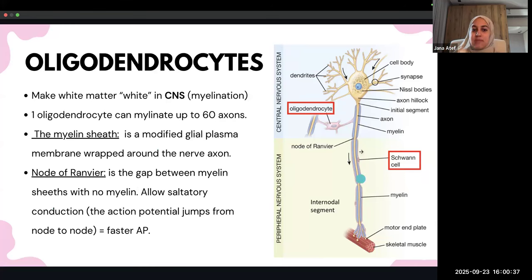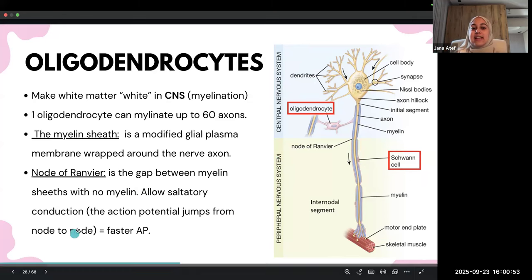It's the gap between the myelin sheaths that does not have myelin. So you see this area right here, this one, this one, this one. These are called the nodes of Ranvier, okay? Now, the entire pathophysiology of it is too much detail, but what you basically need to know is that it allows